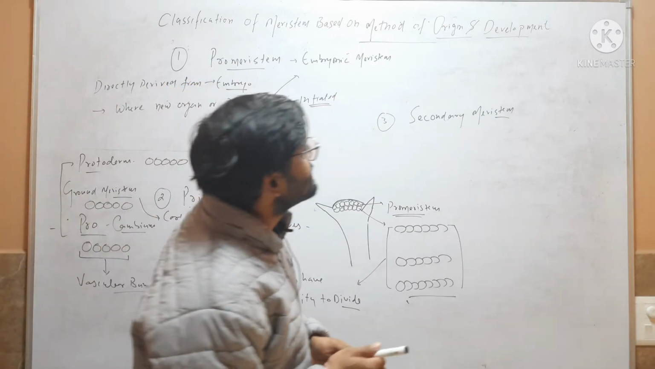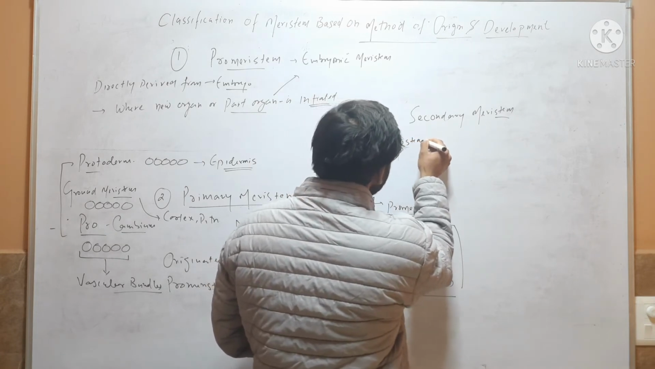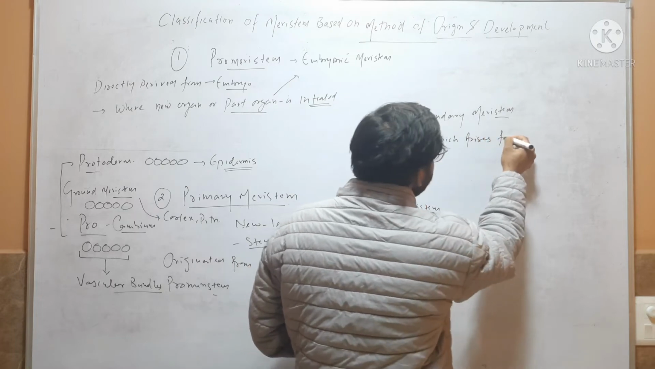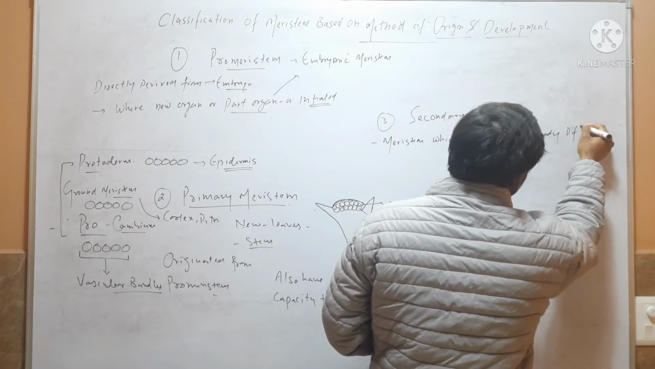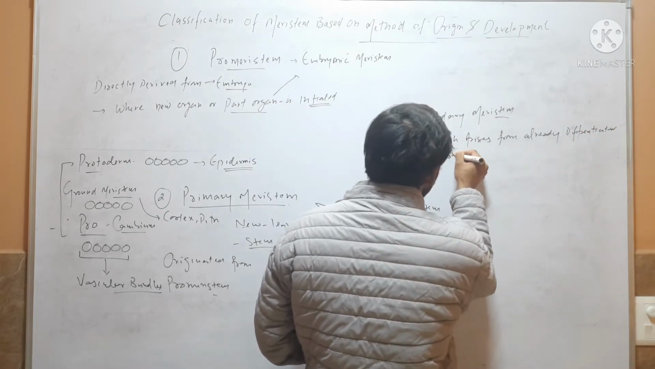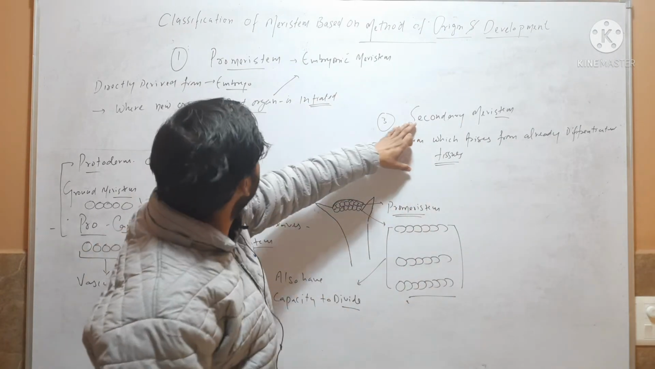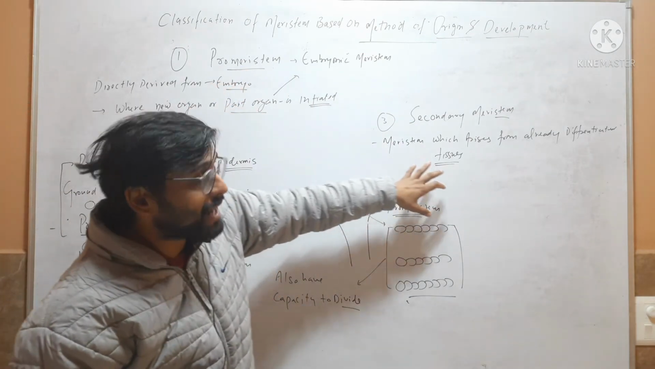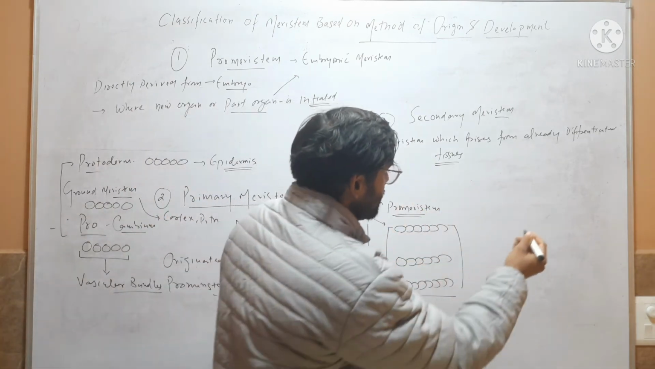And the last one is secondary meristem. Meristem which arises from already differentiated tissues. It will not arise from promeristem or primary meristem. It will arise from a cell or group of cells which is differentiated. For example,